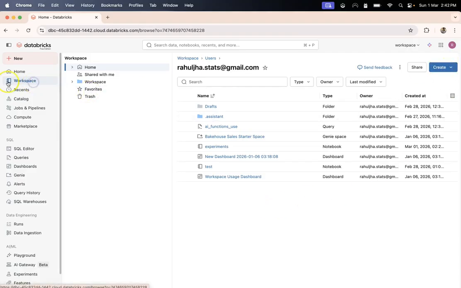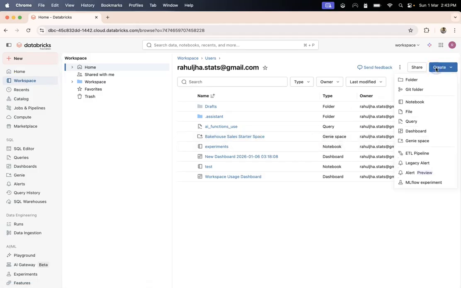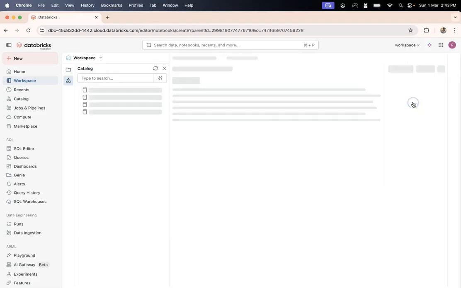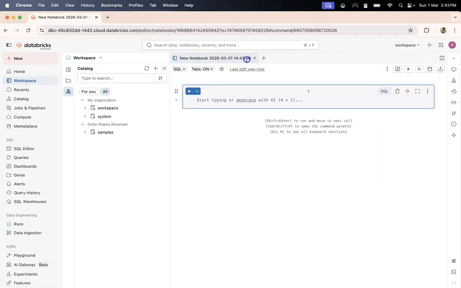I'll first go to this workspace on the left, and then click on create. We will see several options, and from there we can select notebook. Here also we need to attach a compute. The SQL warehouse is different from the compute used by the notebook.